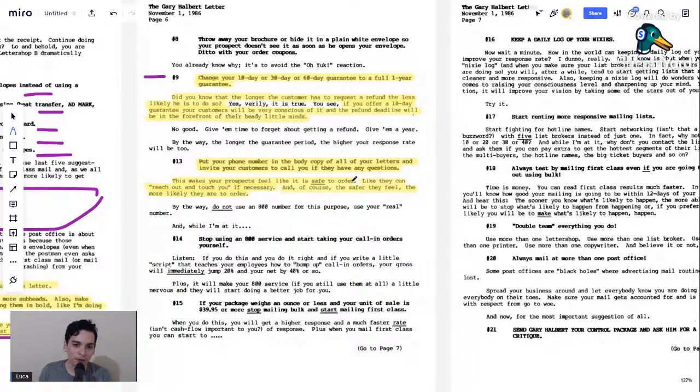Put your phone number in the body of the copy of all your letters and invite your customers to call you if they have any questions. This makes your prospects feel like it's safe to order, like they can reach out and touch you if necessary. And of course, the safer they feel, the more likely they are to order. And the translation